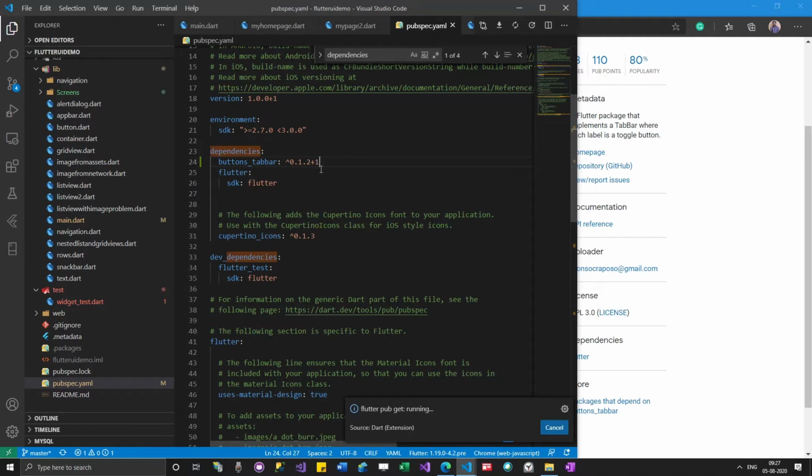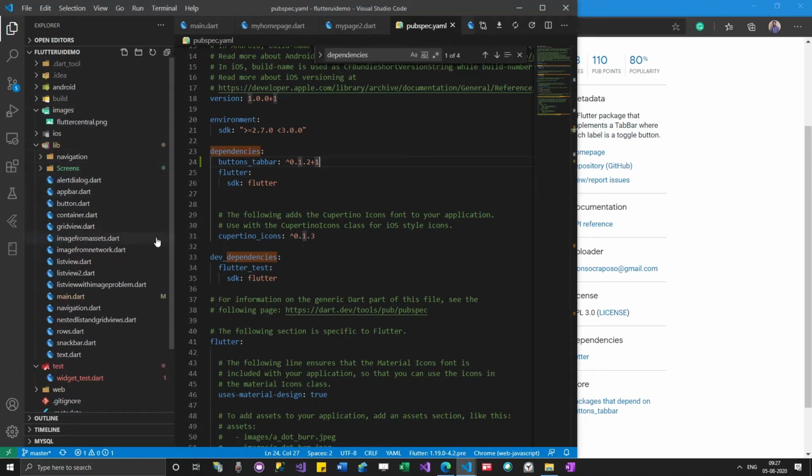After copying it, I press Ctrl S, or I can click the get packages button available here. What will happen is it will copy the necessary code from this package to your repository. Somewhere in the back end it has copied this program.